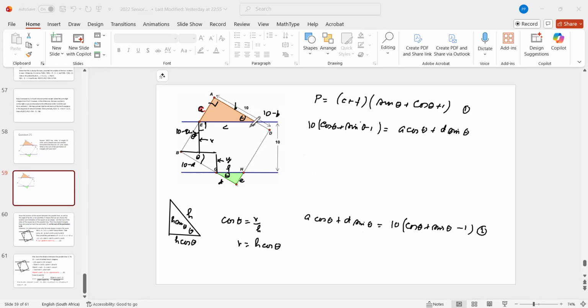I should have noticed this. This is A. I'm going to replace A by C sine theta. Remember, A is opposite theta, and this is the hypotenuse. So A, I'm going to make it as C sine theta